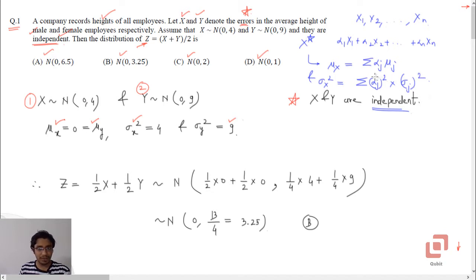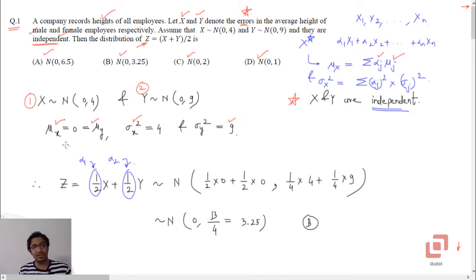Now we're going to make use of these two formulas to solve the problem. Observe that the variable z's definition fits that of the linear combination. So we can write z as 1 upon 2 times x plus 1 upon 2 times y. So in our usual notations, alpha 1 is half and so is alpha 2. So this is again a normally distributed random variable as per our property. And how are we going to calculate its mean? To calculate the mean, use the same scalars alphas, and take the linear combination of the associated means.